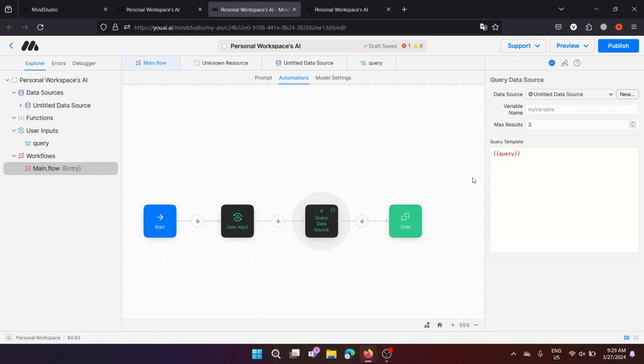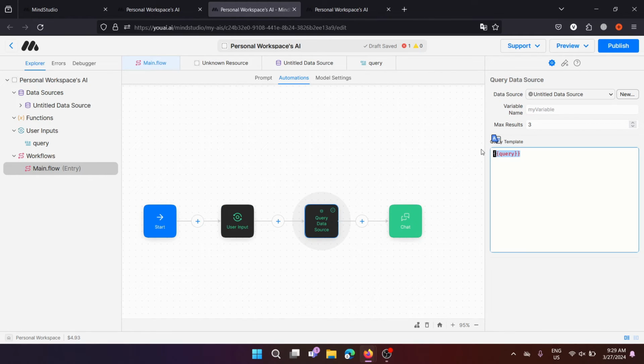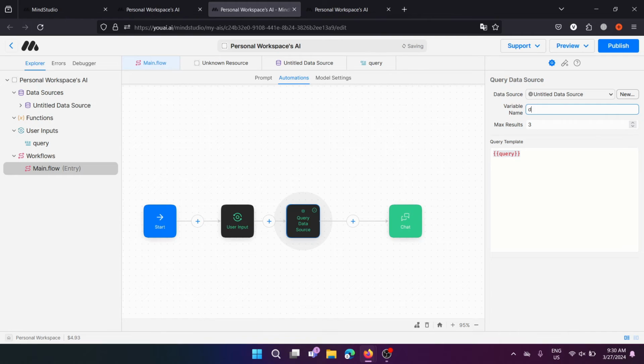So basically what we're doing is we're going to ask what question the user has with the document, and then we're going to put this into the query data source so it can extract the data from the document. And then after that, we're going to send this to another variable. So this is not the final data, this is just the extracted data that's going to be used by the model. So we're going to name this data,